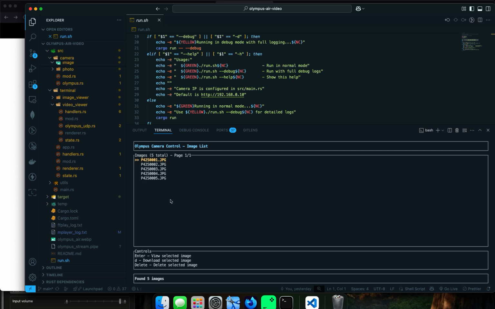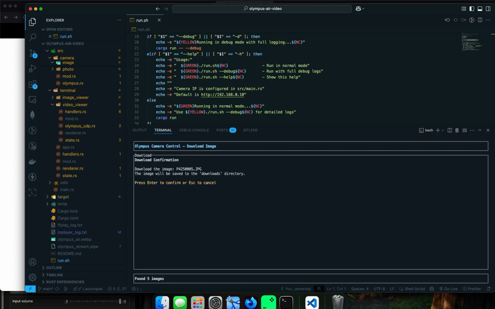Now if I want to download these images, I just go to the image that I want to download, and as you can see here, D for download. So D is going to ask me to confirm that that's what I want to download. Say enter, and now you're going to see